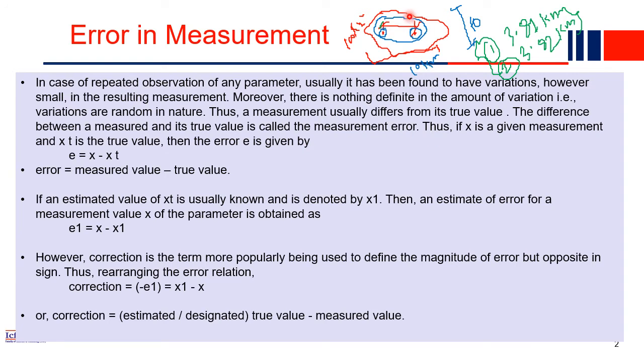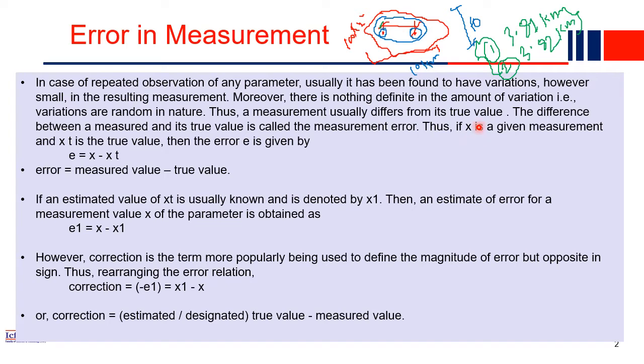Measurement error. So the true value, as I mentioned, maybe is 3.9 kilometer, but you got 3.81 kilometer. So the error is basically 3.81 minus 3.9, which is minus 0.09. So this subtraction will give you the error. So the difference between the measured, what you have measured, 3.81, and the true value, 3.9 as I mentioned, will give you the measurement error.